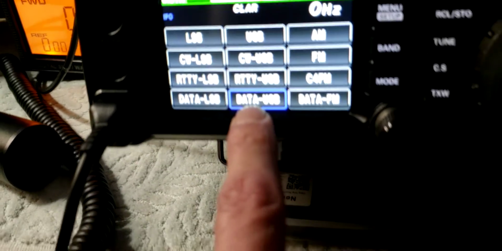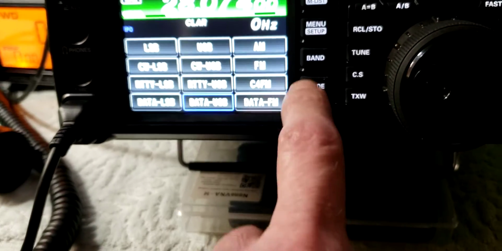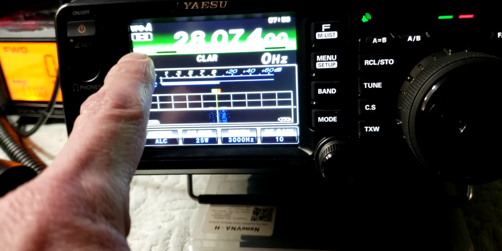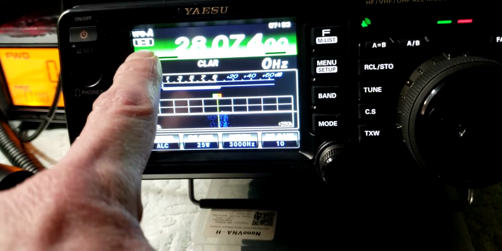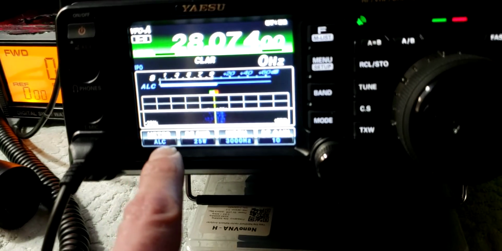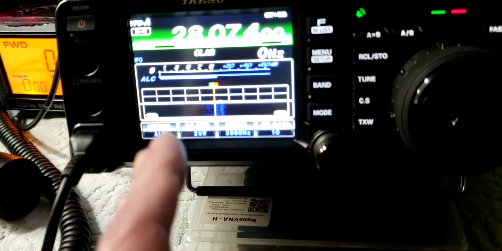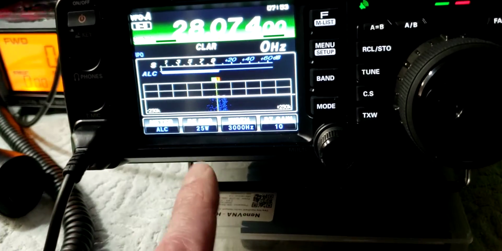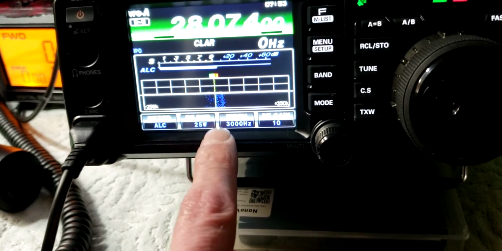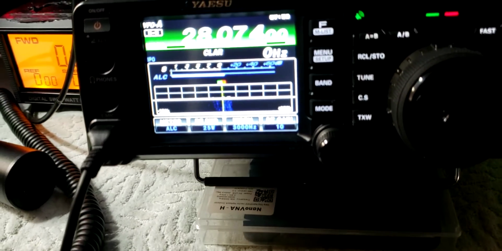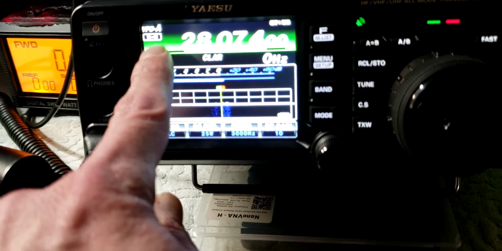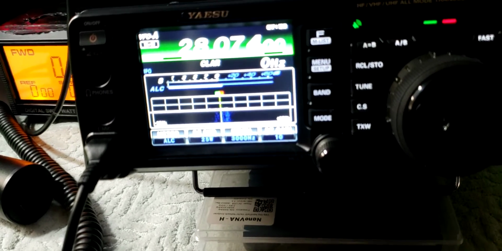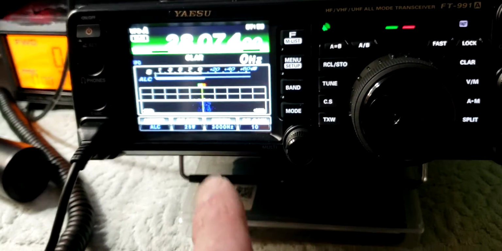If you set it to none, it sets your radio to the data USB one, right? If you set your radio to none, you'll stay in DU mode, and you can set your power buttons without having to switch between USB and DU mode. It'll transmit right here in DU mode, without switching to upper sideband when you transmit on FT-8. Just a hint for you guys. I learned that